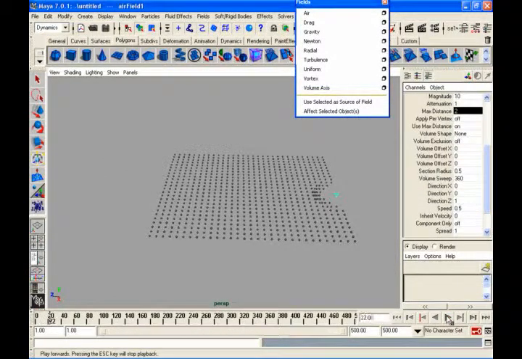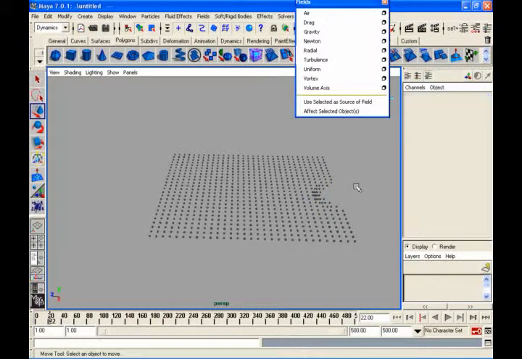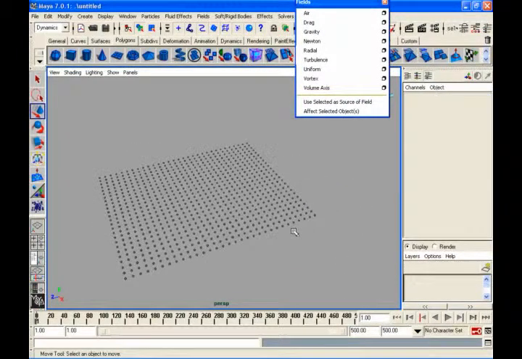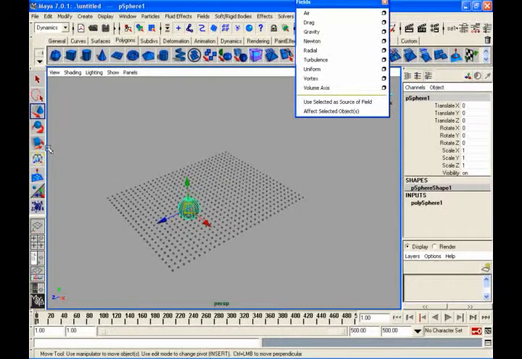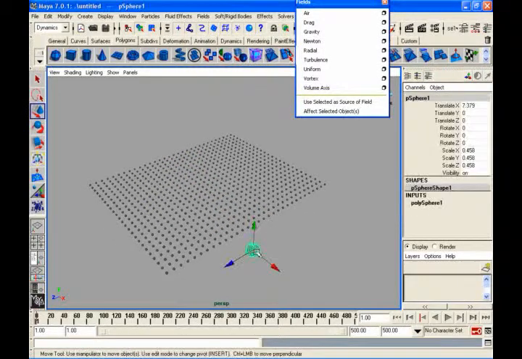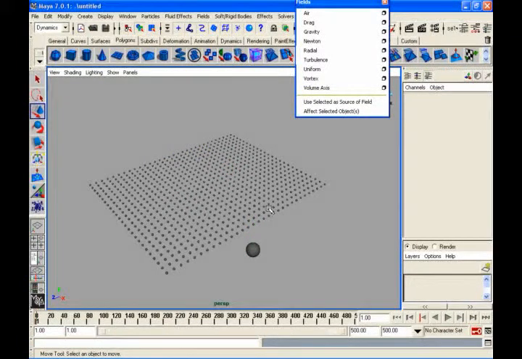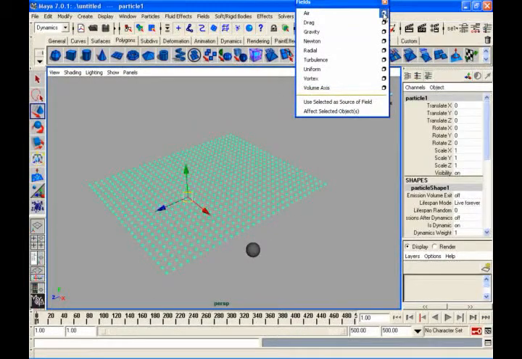Then wake works in a different way. What is a wake? When boats go by, you get these wakes behind them. It is also like that. So you need an object which is moving through your particles. Just create an object, set a key, move it in, set a key, move it in, set a key, move it in, set a key. Think of this as a boat which is moving along my particles, sand or whatever it may be. So select this and say airfield, say wake, and say create a wake.